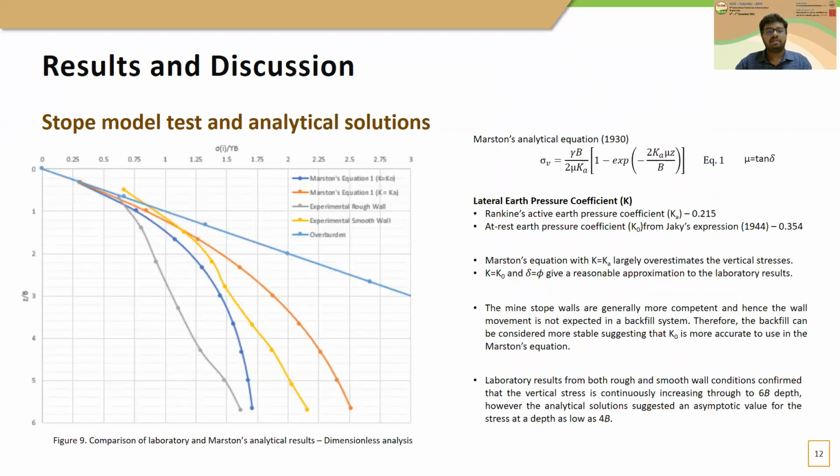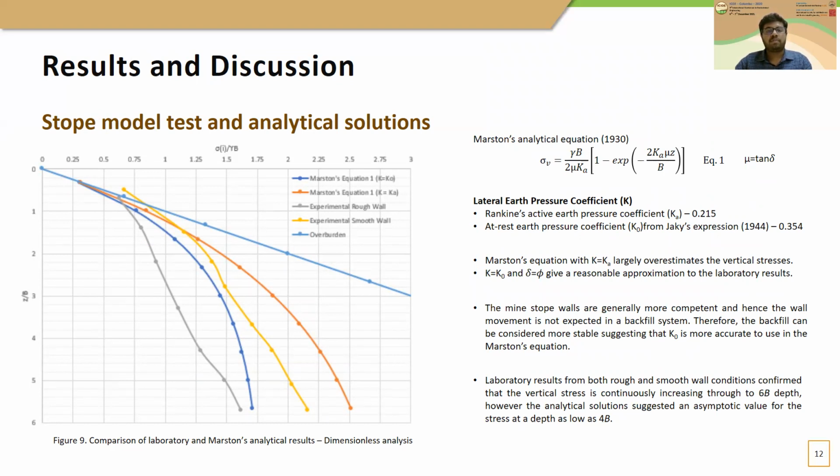Marston has developed an equation to determine the vertical normal stress within the backfill stope, as given in equation 1. The lateral earth pressure coefficient K is a soil parameter and is a function of the friction angle of the fill. There are a few arguments as to what should be used as K in backfill stope analysis. The widely accepted two are the active lateral earth pressure coefficient, Ka, from Rankine, and the at-rest lateral earth pressure